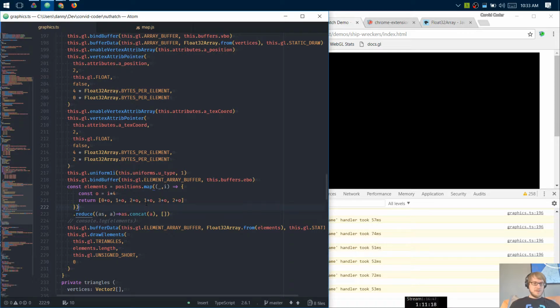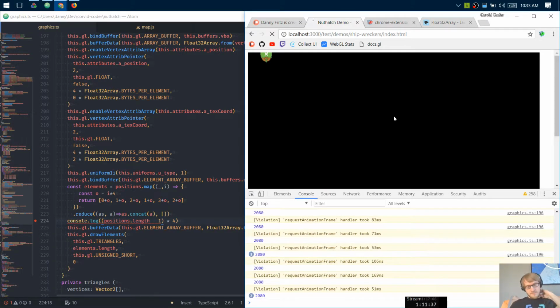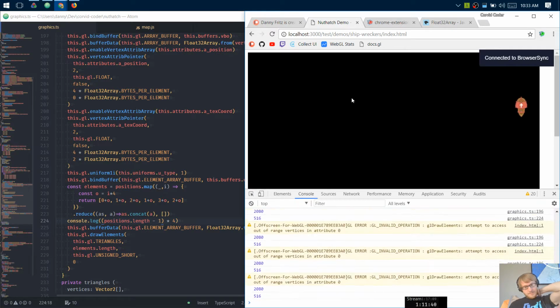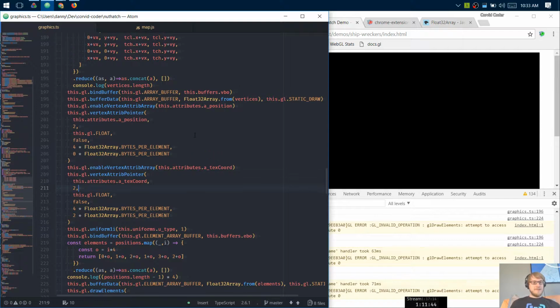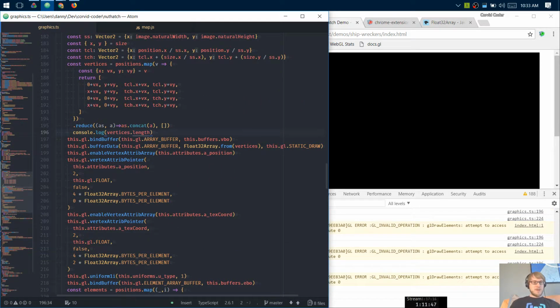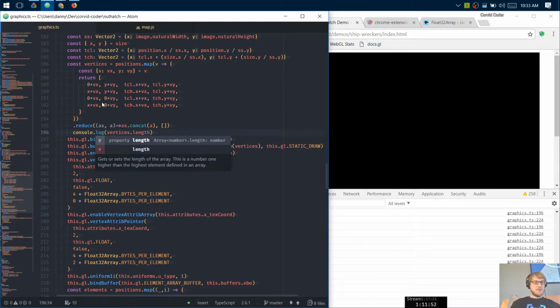It's going to be positions.length times 4, minus 1. 516 is the biggest one I'm looking for. And I am generating one that is, right here,